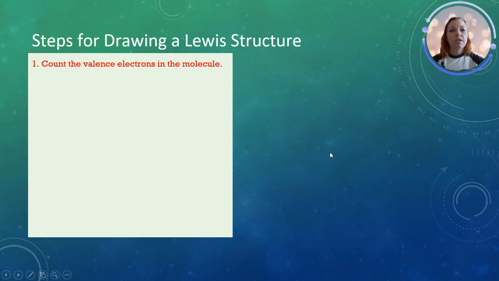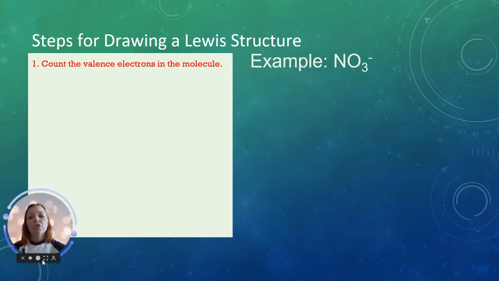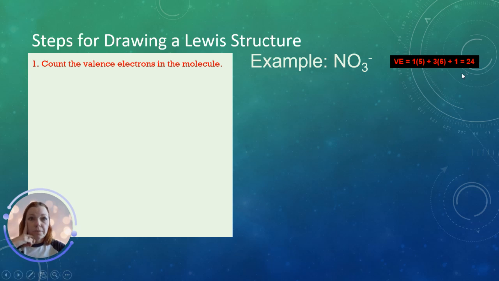So in this case, we're going to go with nitrate ion, NO3 minus. And I chose this one to show you what we do with the charge. So we're going to sum our valence electrons again. We've got 1 nitrogen, and there's 5 valence electrons from each nitrogen. We have 3 oxygens, and there's 6 from each oxygen, and then we've got a -1 charge. A -1 charge, if you will remember, means that we have an extra electron. And so we add that extra electron to our tally here,